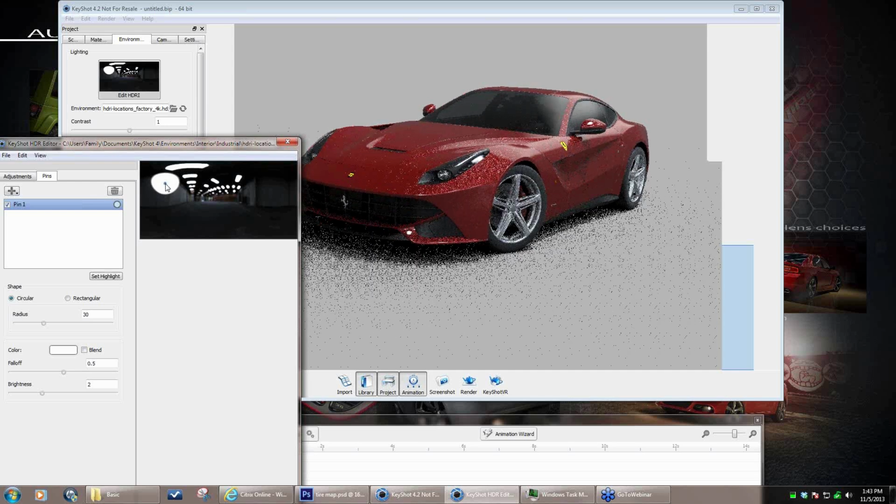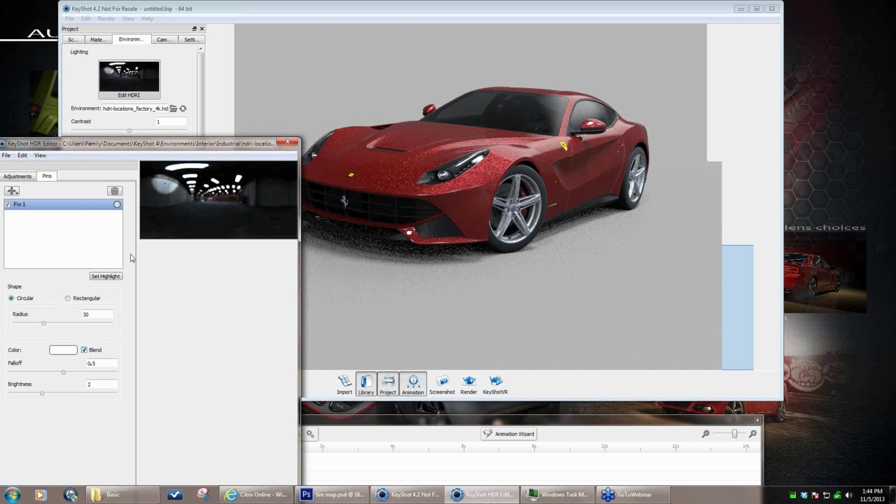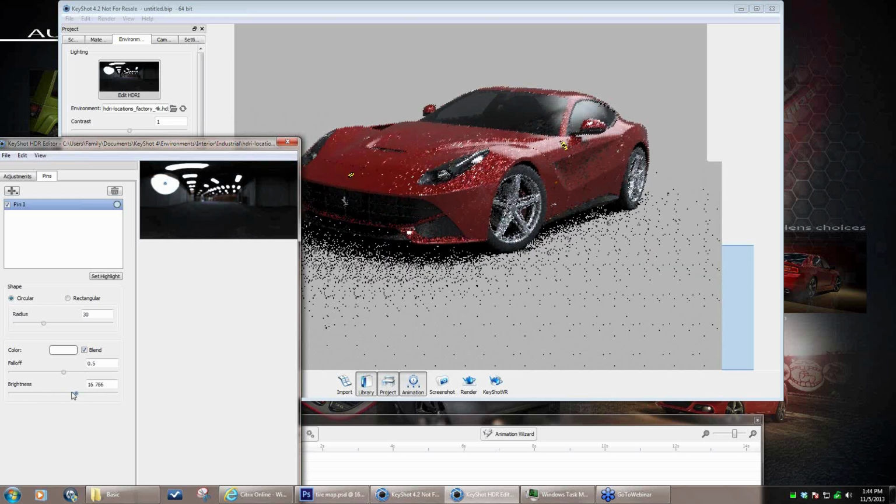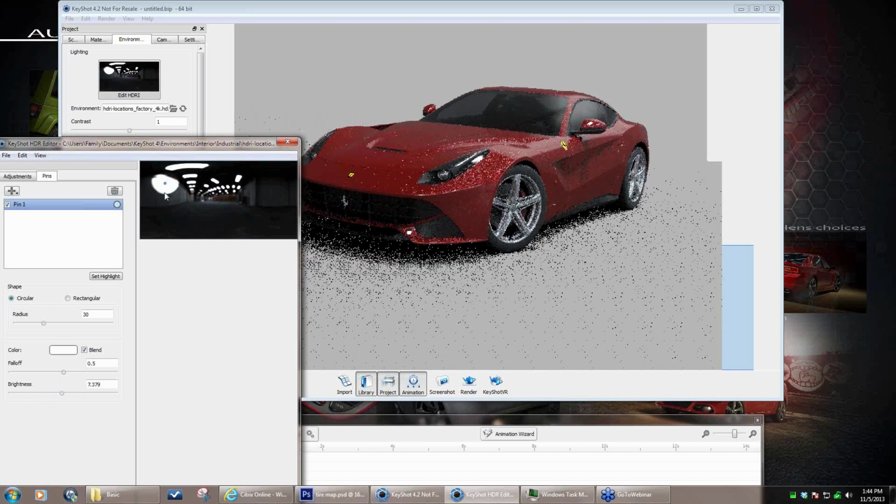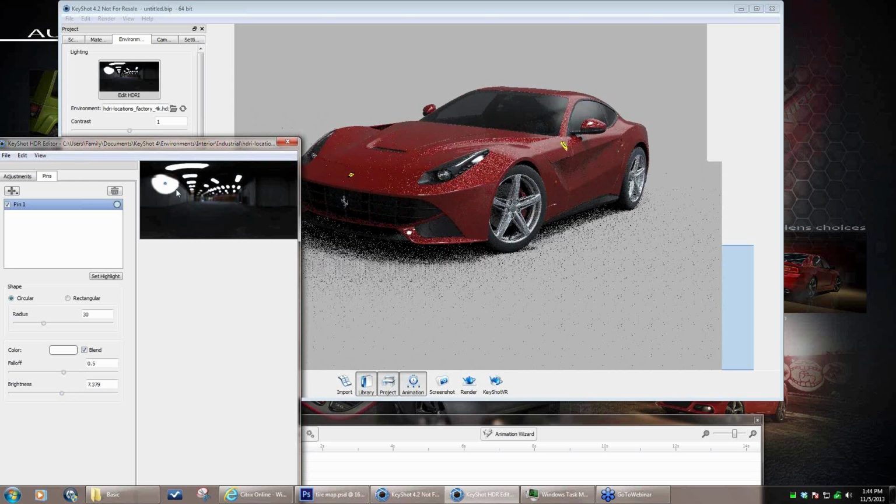Now what I like to do is layer my lights if I add a light. So my very first light is basically going to give me the shape or the highlight that I want, and what I will do is blend it with the background. What blending means is it's taking these pixels that are in that circle and enhancing them or brightening them up, and it's using the colors of those pixels. So if I increase that, it's actually using the dome light information